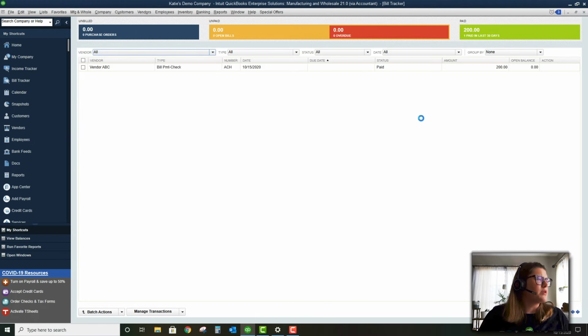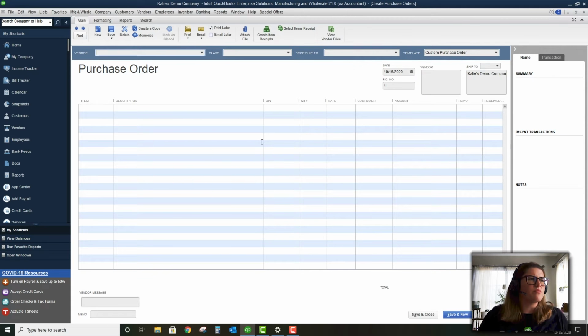So you can create a purchase order, and all these forms are pretty similar in the way that they're set up. You can see here you can also do item receipts, so you can receive items against a purchase order. So if you do the purchase order, you receive items. You also have